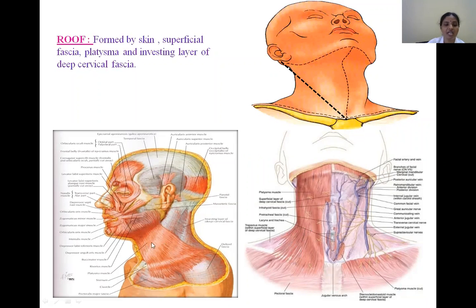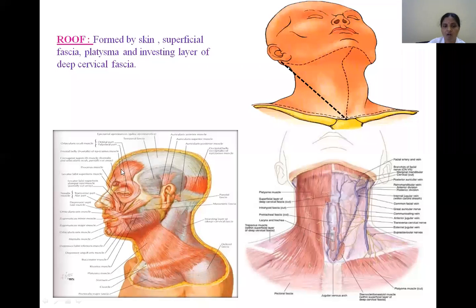Actually, this is a remnant of the panniculus carnosus. In lower animals, we can appreciate a muscle throughout the body immediately beneath the skin, in the superficial fascia, right? What is that muscle? Panniculus carnosus, otherwise called the superficial subcutaneous striated muscle. But in man, what happened? It is incomplete. Most of the muscle has degenerated. Only a few parts still persist.